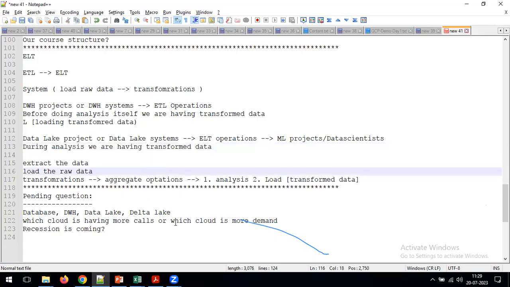One query, sir. Here, are the engineers performing the analysis? Are they applying algorithms on raw data? No, one second. Data engineers are not going to perform any kind of analysis. ML engineers are performing algorithms. ML people are going to perform the traditional analysis, and they are going to use some kind of ML algorithms, and with that they will do analysis on the data.